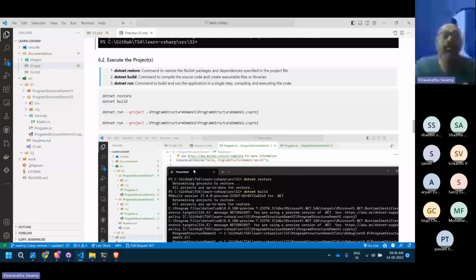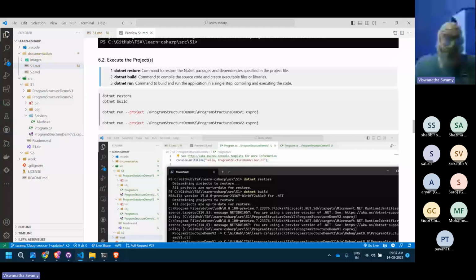And build compiles the source code and ensures that it is in a compilable state. And .NET Run builds and executes the program. There are commands like .NET Run no build, but let's stick to this game plan. So restore is the one which brings the NuGet packages.